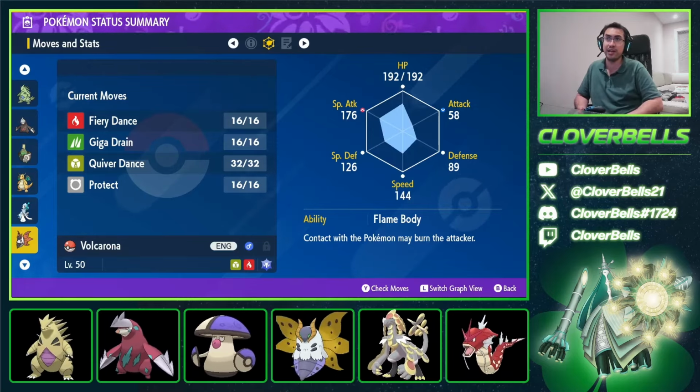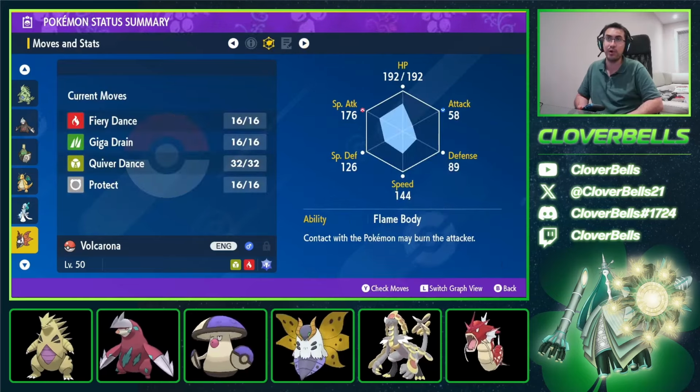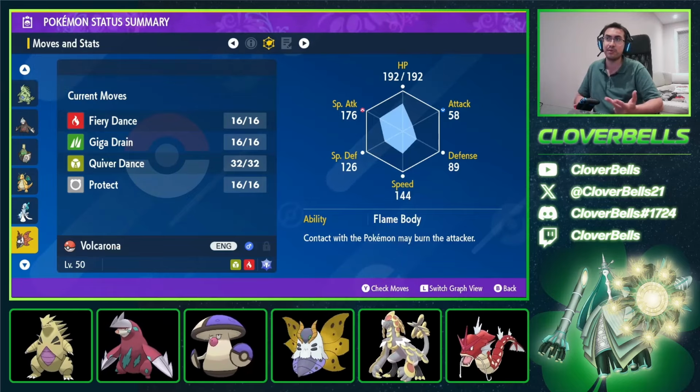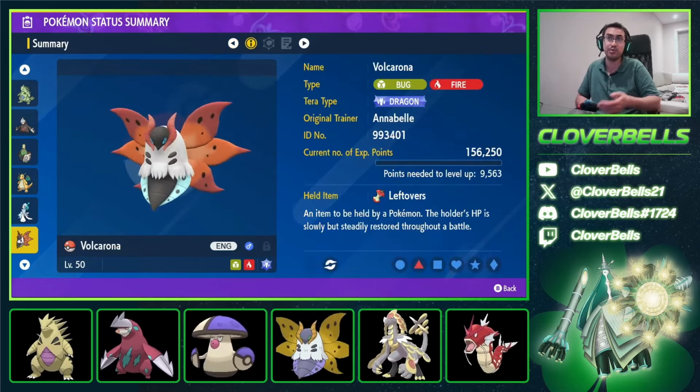Giga Drain, really good at staying alive. Great against the Terra Water stuff that wants to wall out your fire type attacks. And then, of course, Quiver Dance, one of the best setup moves in the game. Speed boost, special attack boost, special defense boost. And in the face of Psy Spam teams, if I ever do come across them,